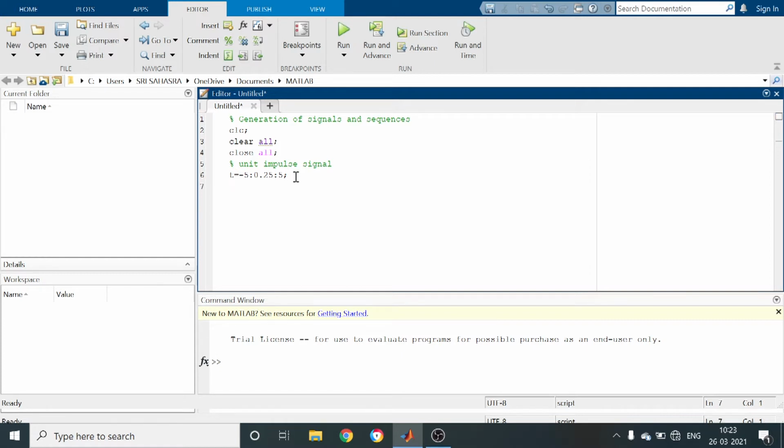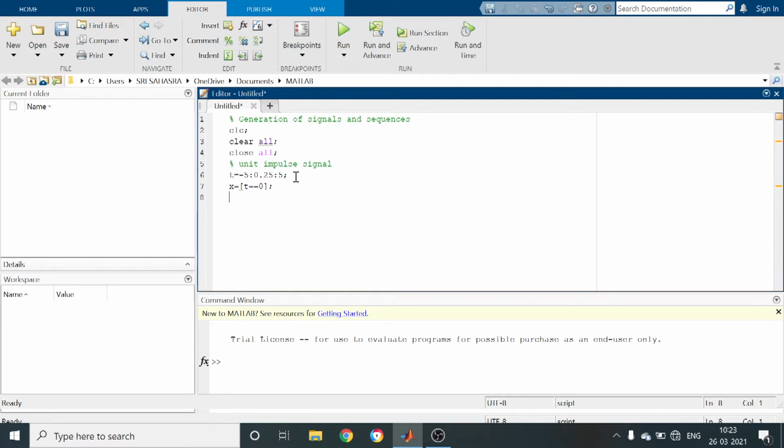So we can write, I am taking the unit impulse signal as x equal to, so here t equal to 0, and enter.